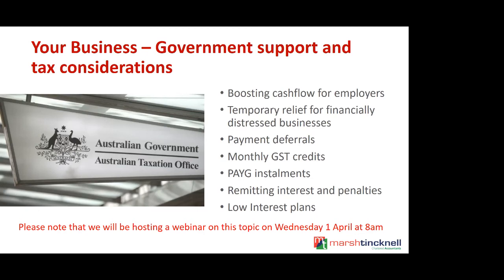There's some offers on remitting interest and penalties if your business is affected. The ATO are going to consider remitting any interest and penalties that have been incurred after January this year. And there's also some low interest payment plans on offer at the moment. So once again, if your business has been affected and you need help to pay with some of those existing tax facilities, have a talk to us about how we can help you with setting up some low interest payment